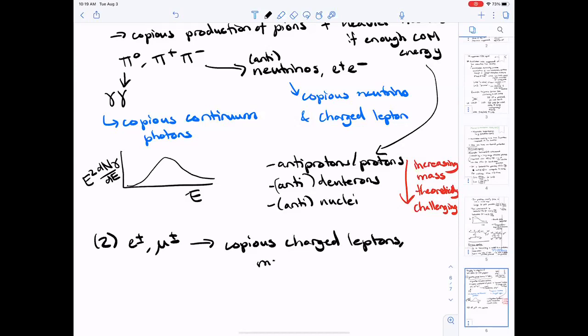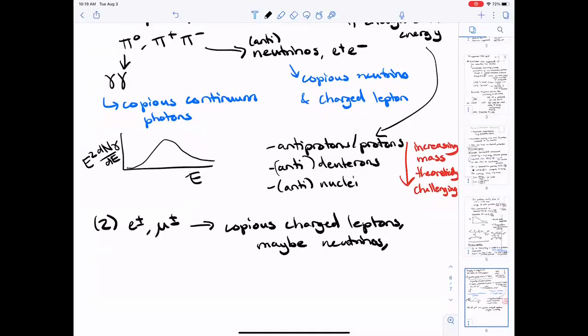And you'll get neutrinos if you make muons, but not if you go to electrons. So if you want to get a photon signal out of these processes, you need to go beyond the basic two-body final state. You need to go beyond just like e+ e- or mu+ mu-. These are charged particles, so they can radiate photons in the interaction. But that's a radiative effect, so the rate is generally down by a factor of alpha.